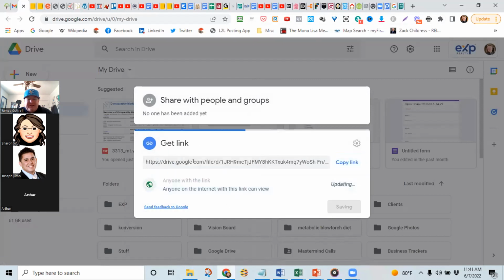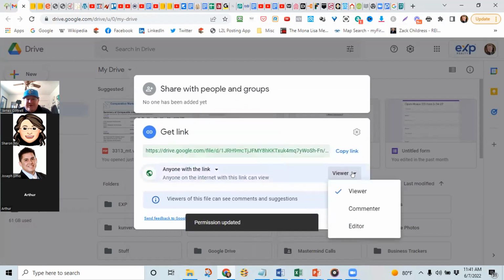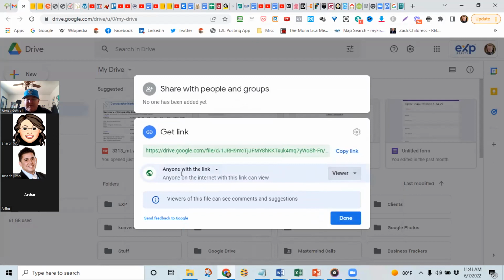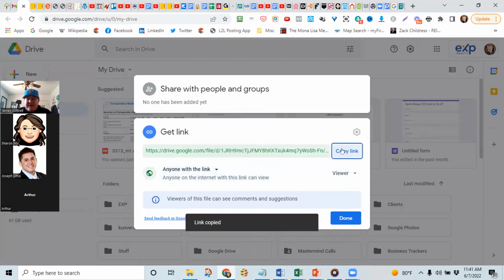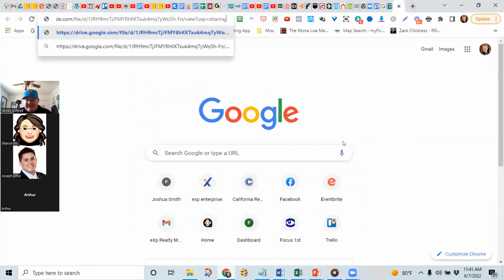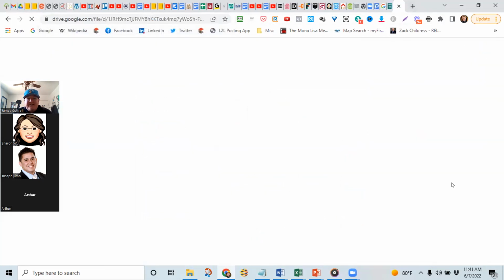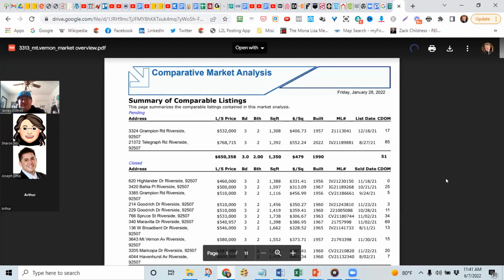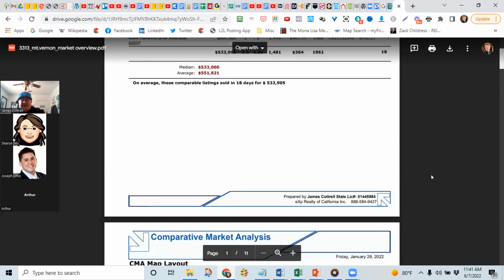I want anyone with the link to be able to view this as a viewer. They don't need to edit it because it's just a PDF. So I just want to make them a viewer. And then this is the link that I would copy. Now, anybody that has this, if they paste this in here, they're going to see this document. So now, again, it's hosted online. Same thing we did with DocDroid.